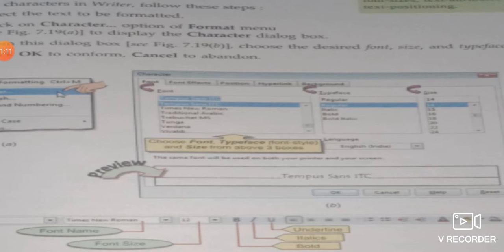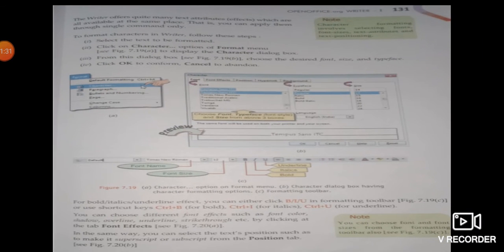For bold you can press Ctrl plus B, for italic you can press Ctrl plus I, for underlining the word you can choose Ctrl plus U, shortcut keys. Okay, so this is about the formatting of the text or character.